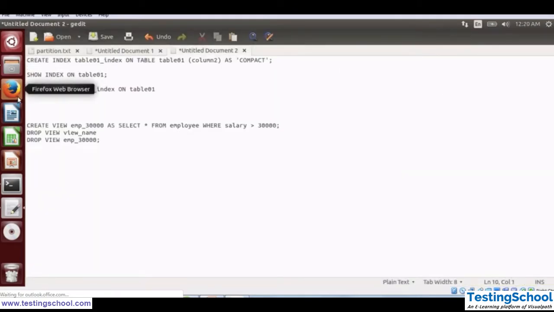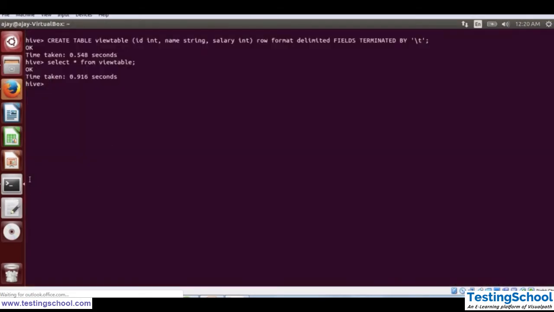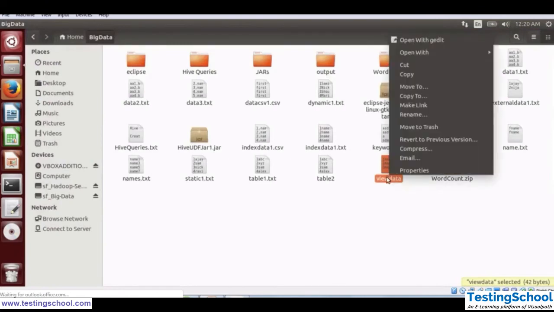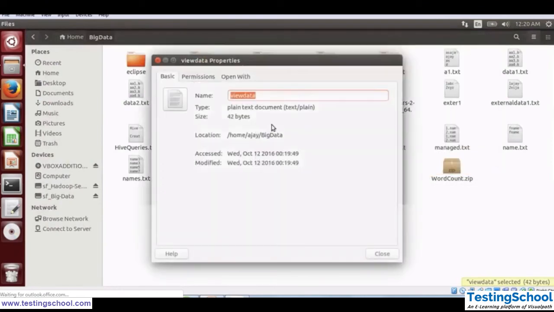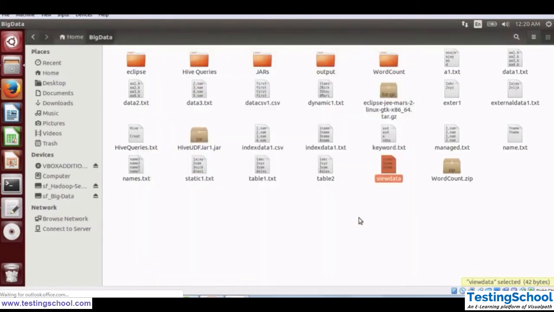Now let's load this data into our table. So load data local inpath, then the path of the file. It is in the home directory only.